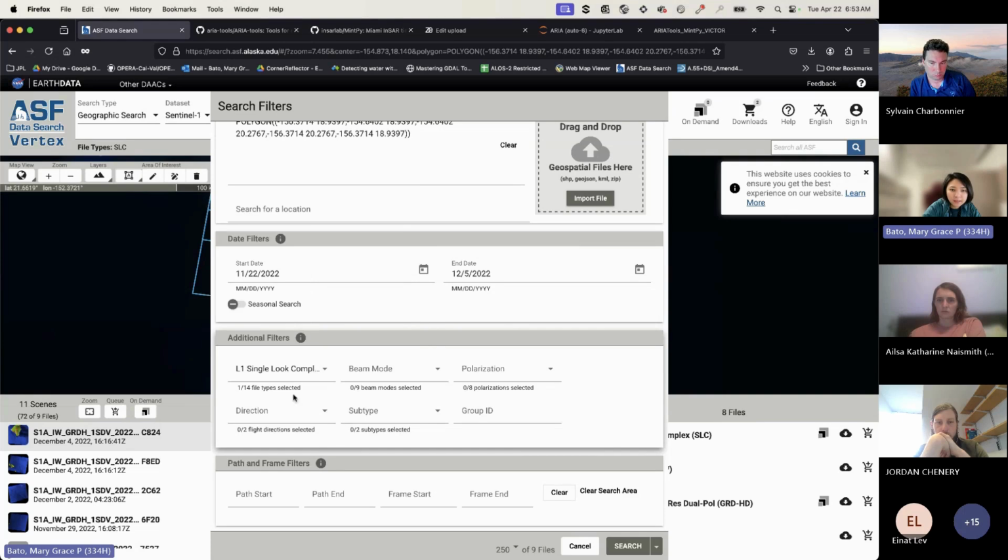Yeah, and then you can choose the direction, whatever you want. But I think this was the first co-eruptive interferogram, if I recall correctly. So in as much as possible, I want to get the earliest data set, right? To be able to check what's going on or how much did the ground deform as a result of the eruption. And I'll just click search